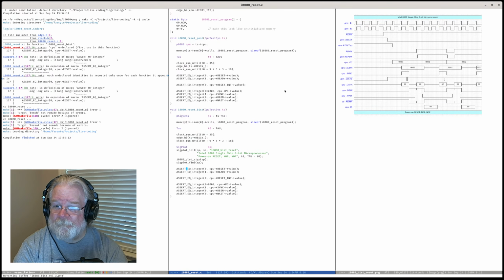Again, we take BIST. What do we want to assert at the end of EIDI halt? Well, we are well into the halt state, so assert EQ integer of